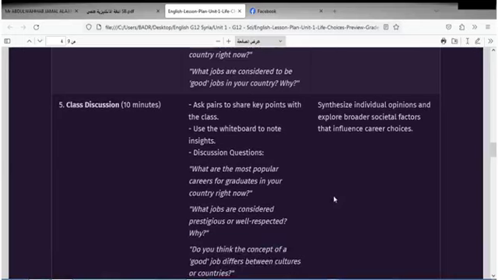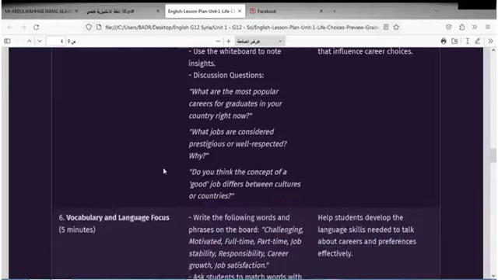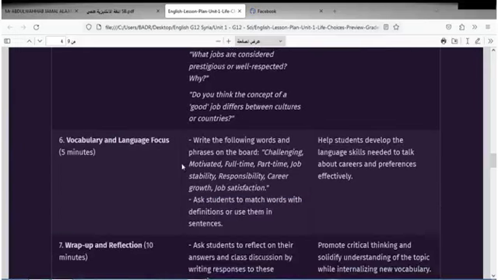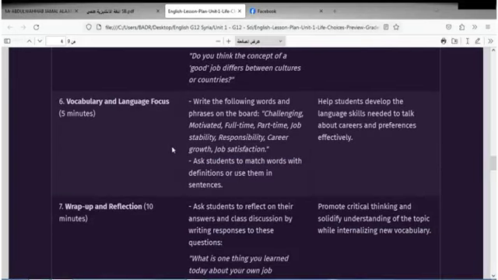Of course, the purpose is to sensitize the individual opinions and explore broader factors in the society in order to influence career choices. The purpose, or the idea for the English session, is to enhance the speaking, discussion, and the vocabulary